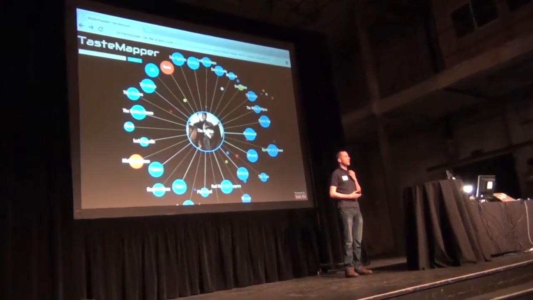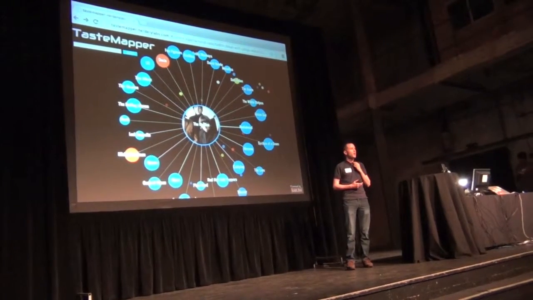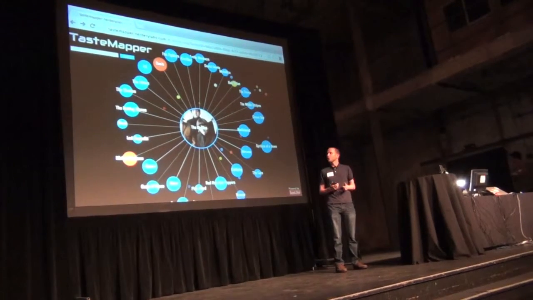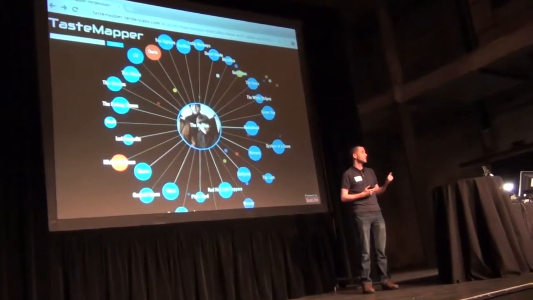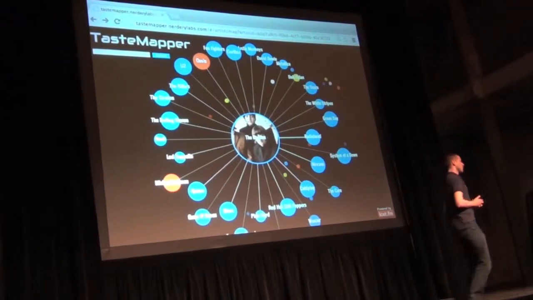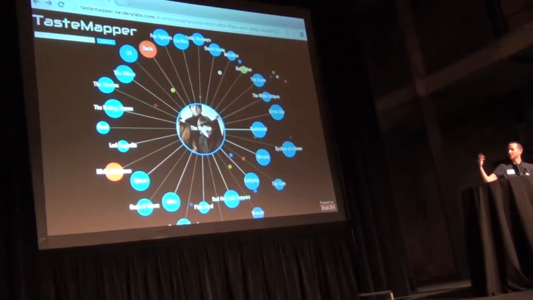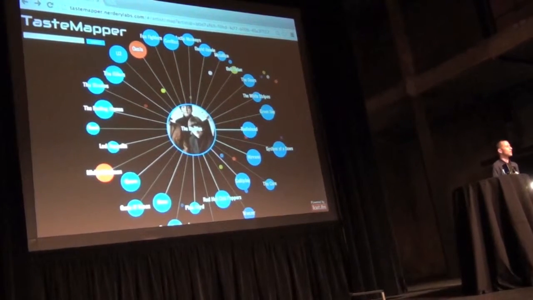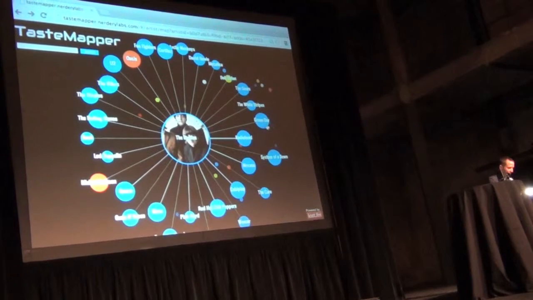So what is TasteMapper? TasteMapper is basically an artist visualization tool, and what we're actually showing here is correlations between different musical artists using real data mined from Last.fm. So it's kind of an interesting little experiment that we put together. I actually did this part-time on my own time with the backing of the Nerdery's Nerdery Lab program.